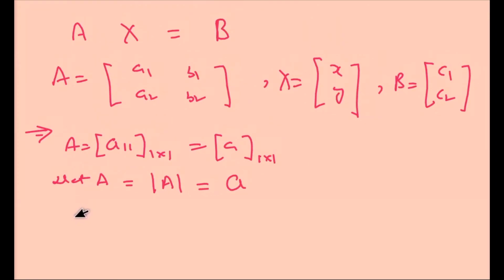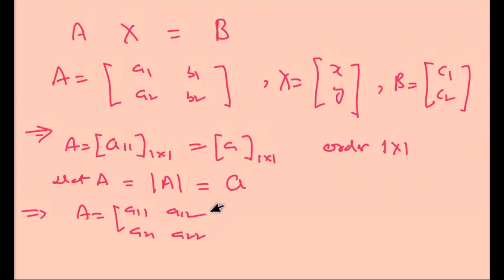Okay, first order. Here we are using order 1 into 1. Now second point, if A equal to a11 a12 a21 a22 of order 2, then determinant